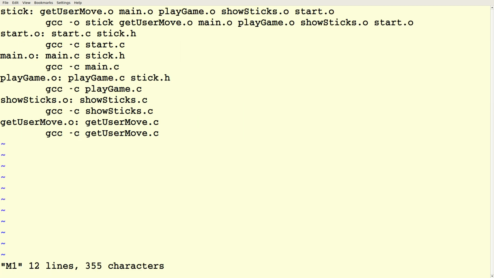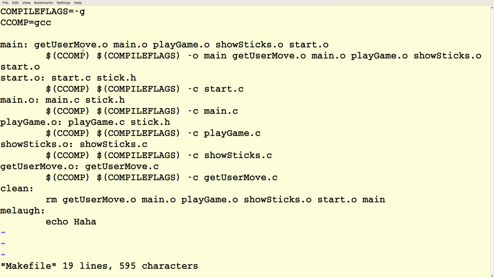Because suppose I want to run the debugger with this. And we are going to get back to talking about the debugger soon. Right? I need to change all of my GCCs to say GCC space -g. Right? That's a lot of editing, that's error prone, that takes time. So in my makefile, I put in this thing called compile flags. And right now I've got that set to a -g, but if I set it to nothing,